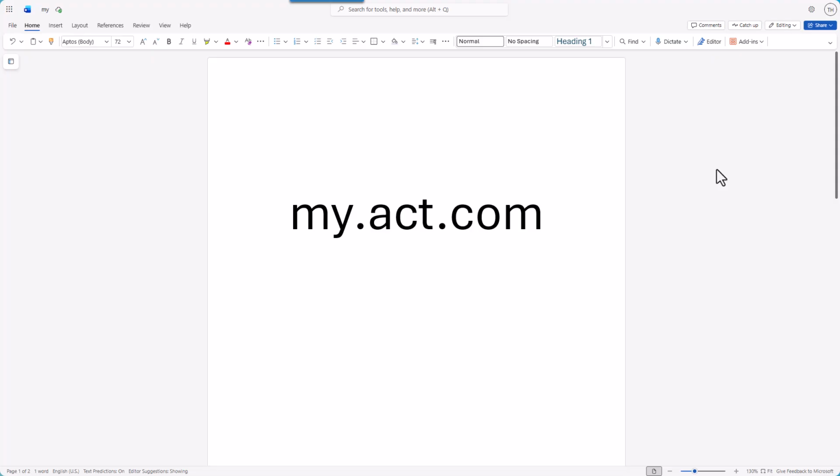So you will simply go to the website my.act.com. You see it right there on the screen. Once you get there, you'll be asked for your credentials. Your credentials are your email address that you use with the account, and second, a password. Now, I'm not going to show you that step right now, but what I am going to show you is